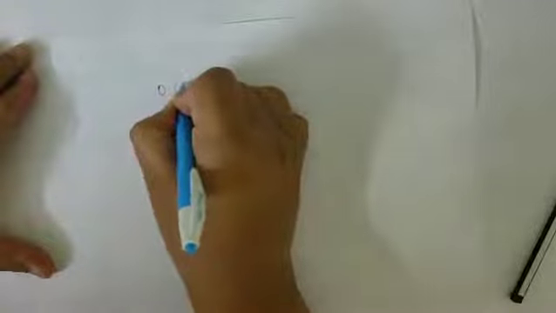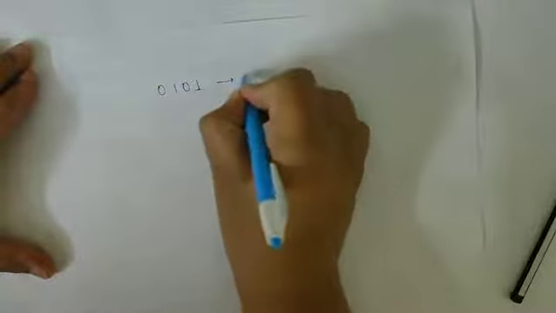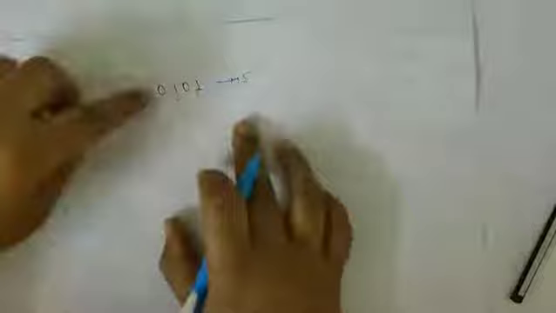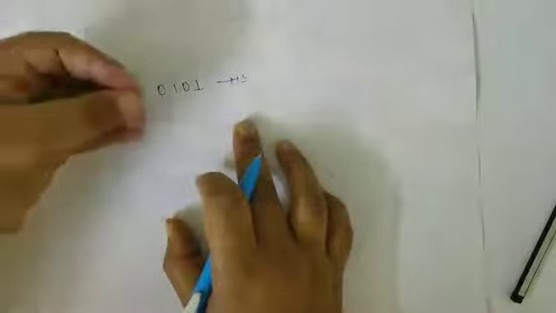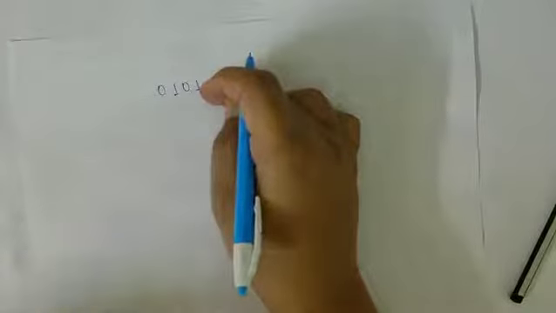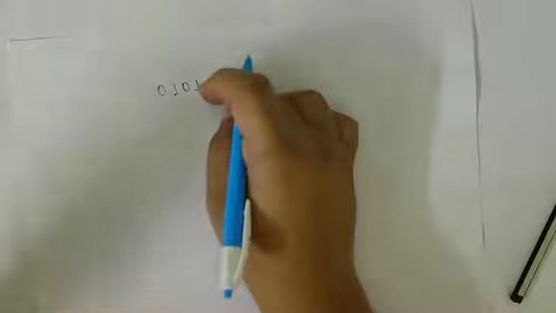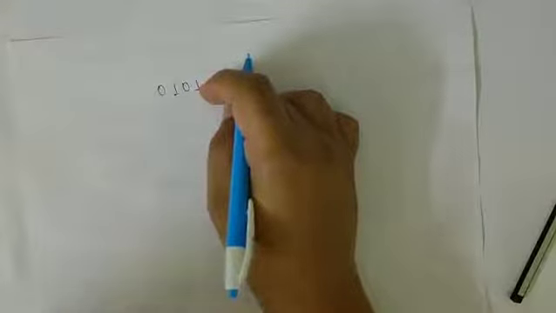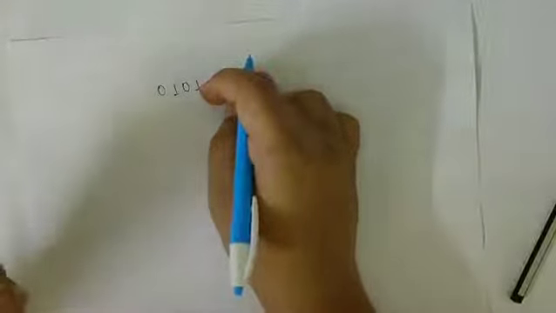Now at the end of this video I would like to give one bonus point. In 2's complement, if you have to represent a negative number, what you do, you just write the positive number, this is plus 5. Now you have to represent the negative of this number in 2's complement. Then you will first replace 1 by 0 and 0 by 1, then add 1 to the result. Or in other words, you will take the 1's complement and add 1 to that number. I have a shortcut method.